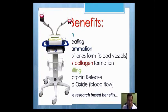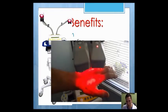This is the MR4. It is a super pulsed laser. It is absolutely amazing. I mean, it's very high powered, but because it pulses, we can use it for longer and get better results. Here's a picture of the MR4. I'm just using it on my hand to show you how it lights up the area with light energy, which helps to do all of those things we just mentioned: accelerate healing, speed up circulation and collagen formation, helps with